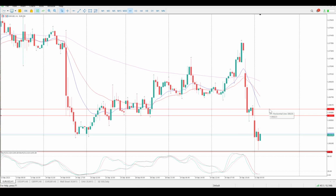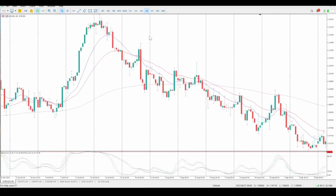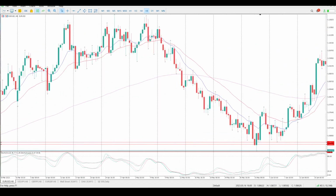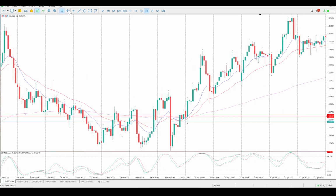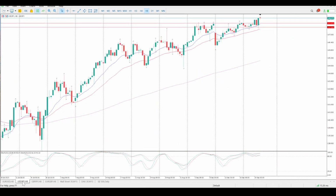So that's 106.623 and 106.550. So we're looking to be short there for a continuation to the downside. For that continuation, we're going to have to go very far left here. And my first target is going to be 106.100. Moving on to US dollar Japanese yen, we've started to break in through structure, so that structure should